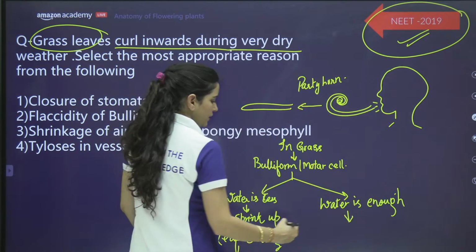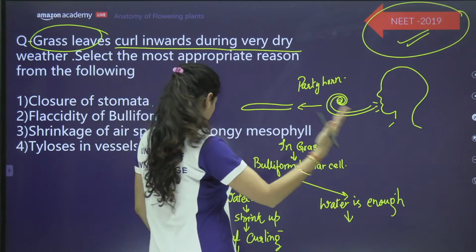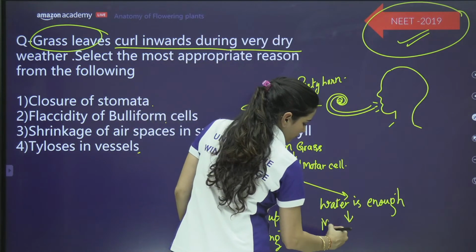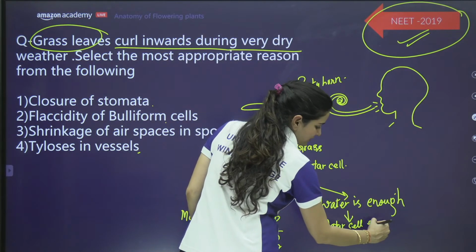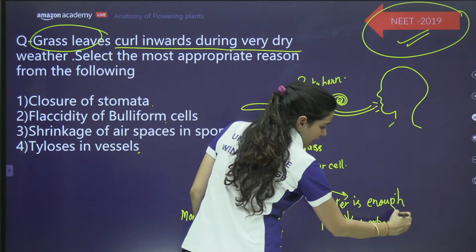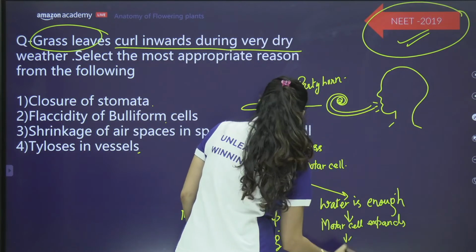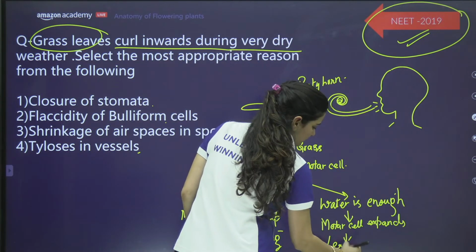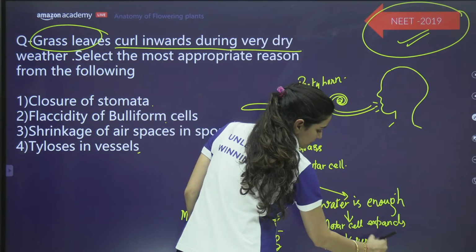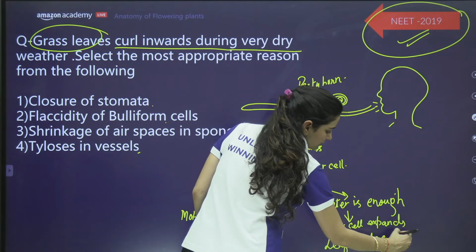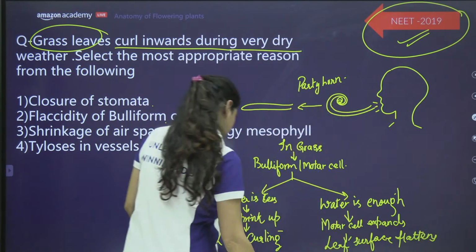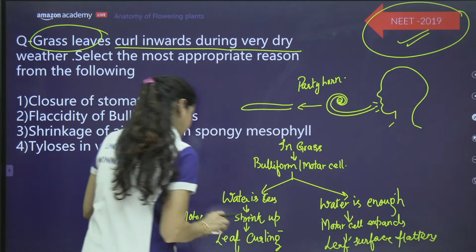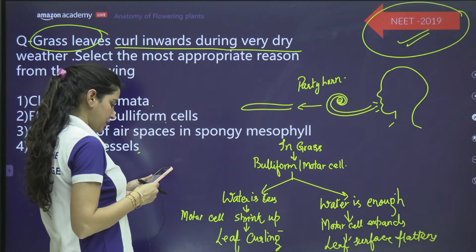If water is enough, the motor cell expands, and when it expands, what do you see? Leaf surface flattens. ये भी फ्लैट हो जाता है, ठीक है जी। लीफ सरफेस के साथ फ्लैट हो जाता है।